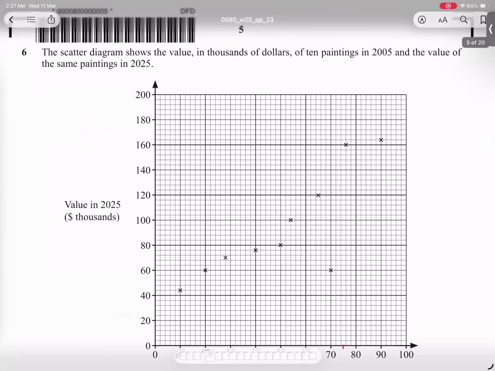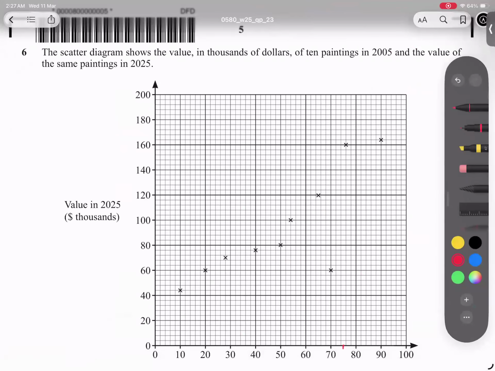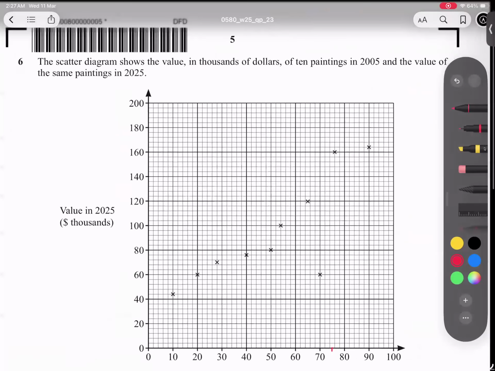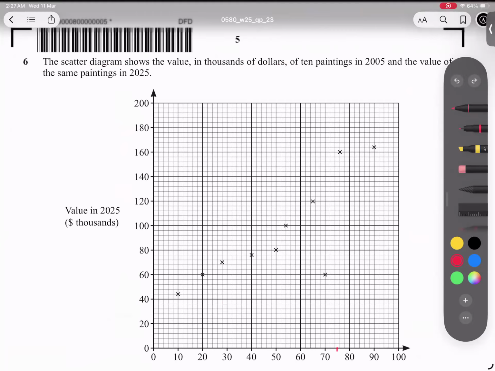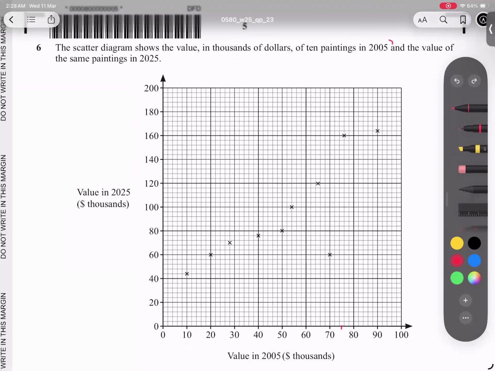Question number six. If you look carefully, students, question number six is a scatter diagram. The scatter diagram shows a value in 1,000 dollars, so it means three more zeros. So this is $120,000. In 2005, 10 paintings, and this is the value in 2005, and the value of